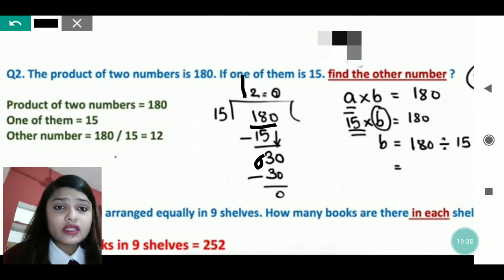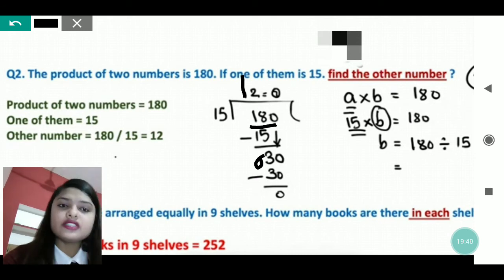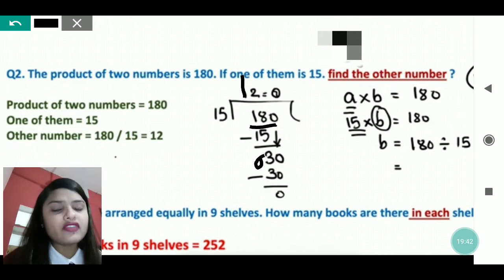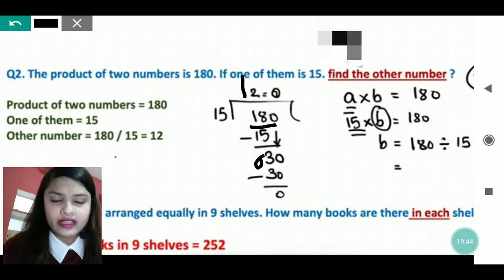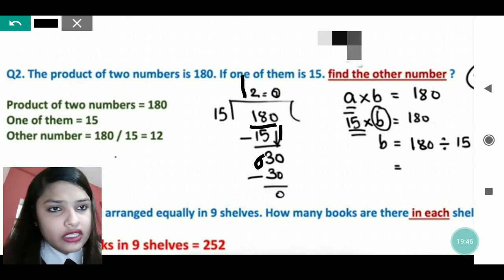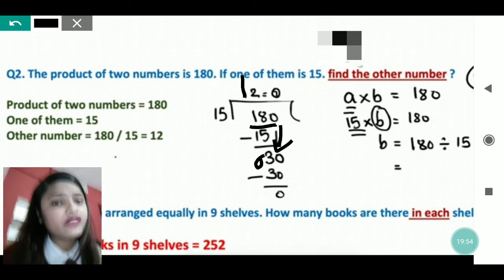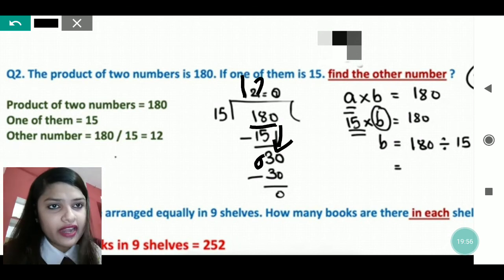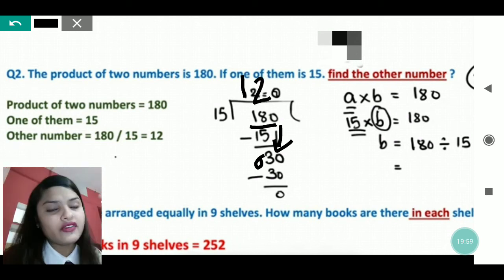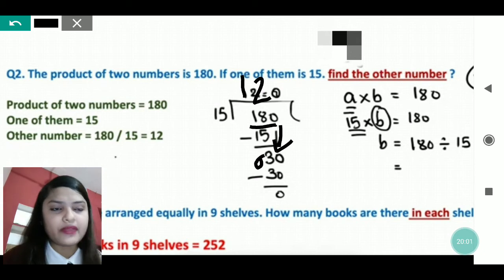Now, is 3 divisible? No, 3 is not divisible. So what will you do in that case? We will see if any number is there in the dividend column. Yes, 0 is there. So that 0 you will take down. So it will be 30. Is 30 divisible? Yes, 30 is divisible in how many times? In 2 times. 15 twos are 30. So 2 we will write in the quotient column, and we will write 30 just below 30, and we will subtract. 0 minus 0 will be 0. 3 minus 3 will be 0 only.